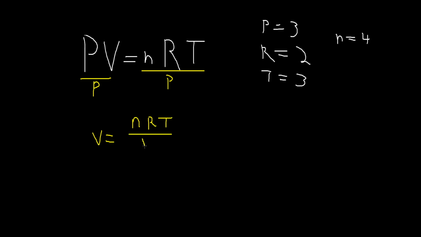nRT over P. And I just want to point out, if we wanted to get P by itself, we could do the same thing by just dividing by V. Oh, I accidentally divided by V over here. I'm so sorry. That is supposed to be a P in yellow. We didn't divide by V over there. We divided by P. And so if we were dividing by V, that would give us P equals nRT divided